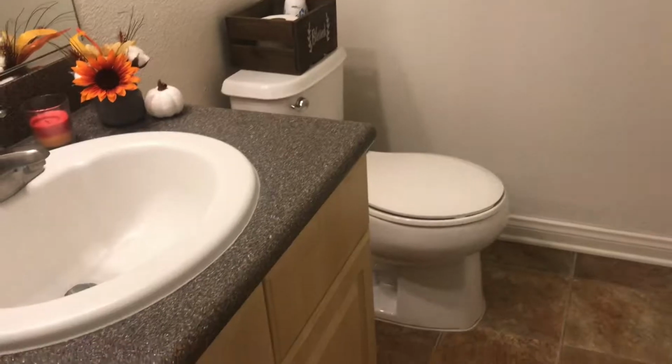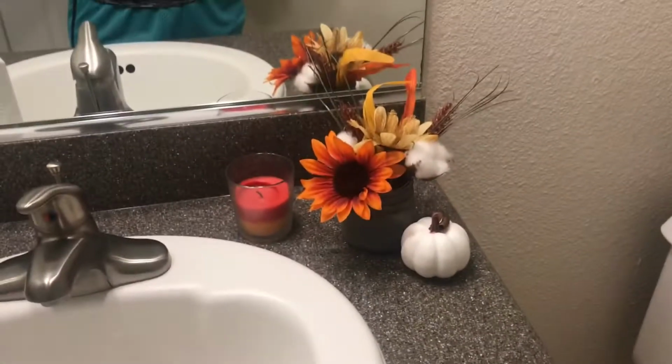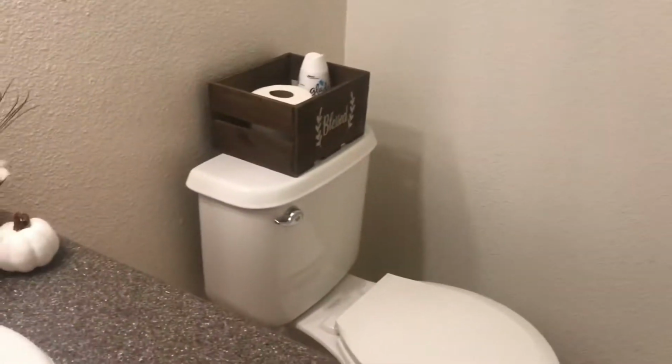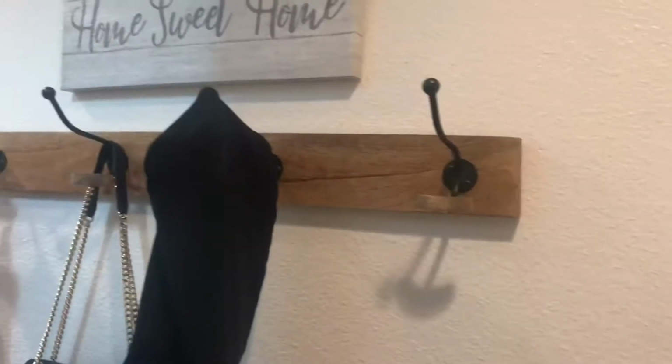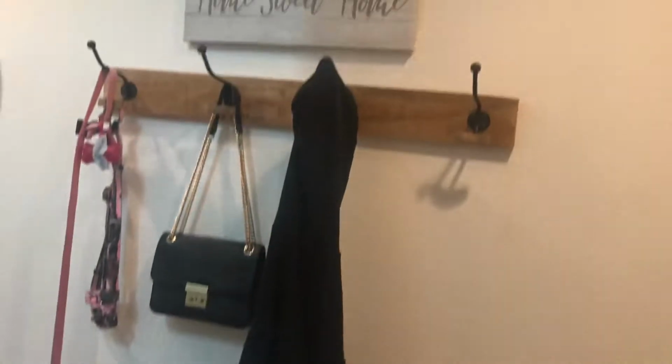And then to your left there is a bathroom. So this is our downstairs bathroom. I don't know why I'm not talking, but this is just our bathroom. Just a bathroom. And then this is what we have in the hall just to hang our stuff when we